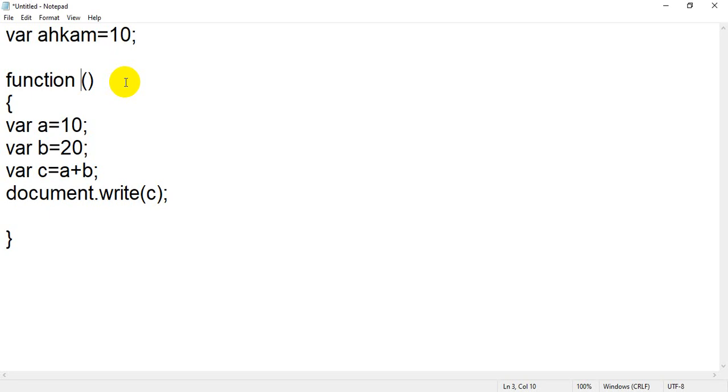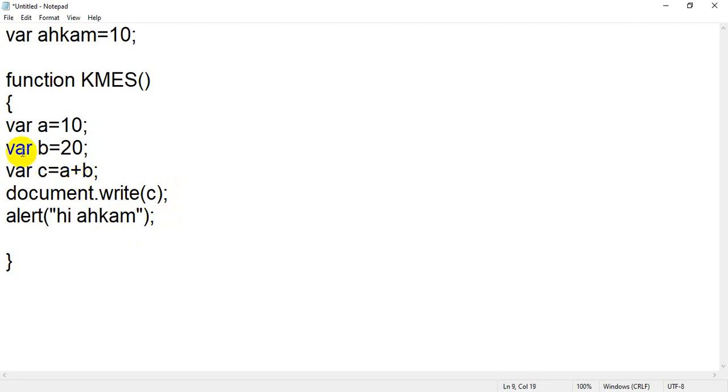But if you are writing a built-in function inside a user defined function, please keep in mind, like if I write alert, as we know alert is a built-in function, and inside that I have written hi icon.